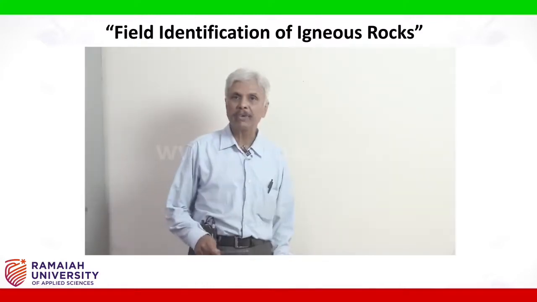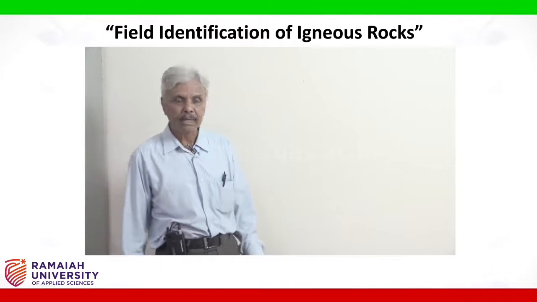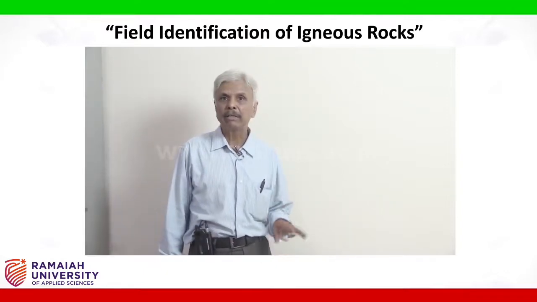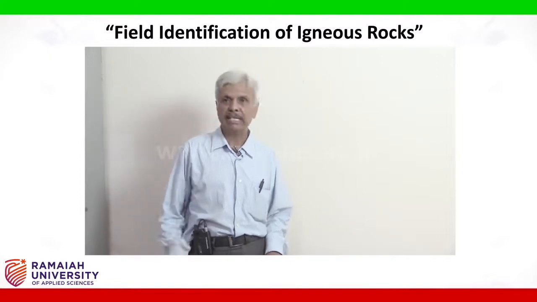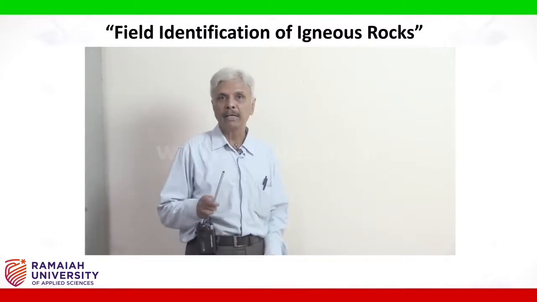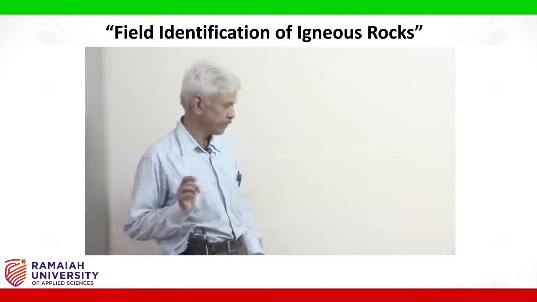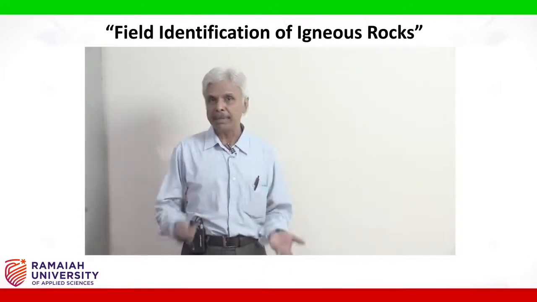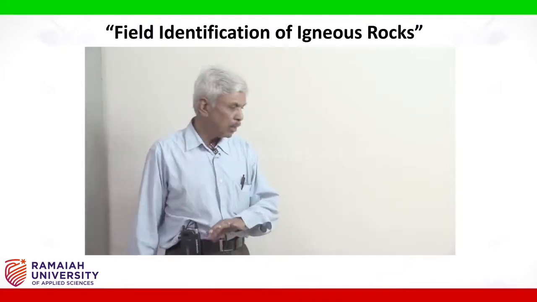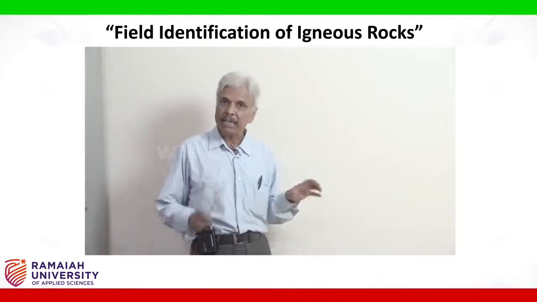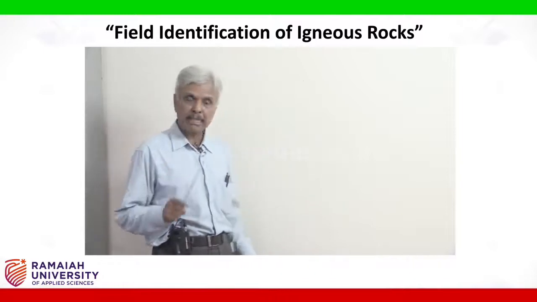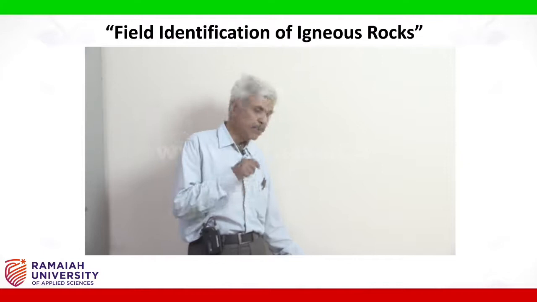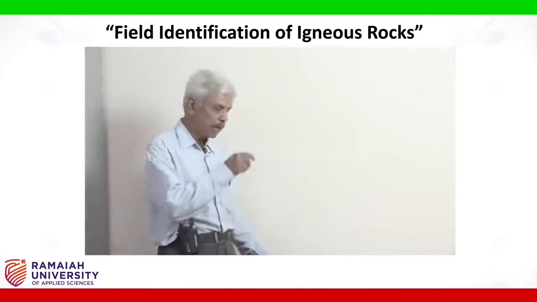How are you going to identify the igneous rocks in the field? Igneous rocks are basically identified with the help of three properties. One is the texture, the color and the mineral composition. A set of six minerals that are called the rock forming minerals comprise a large majority of the igneous rocks. Those minerals that contribute in the formation of rocks occur in different proportions. Such minerals are